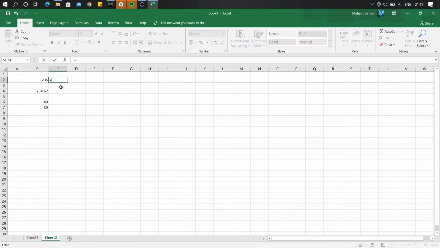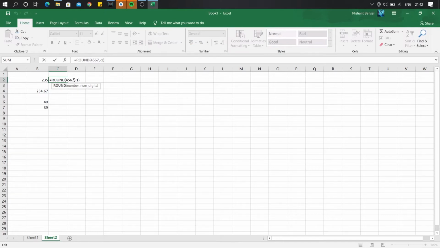So if we want to round, say this number 4567, to the nearest multiple of 10, then we would simply write -1 here and we would get the result.